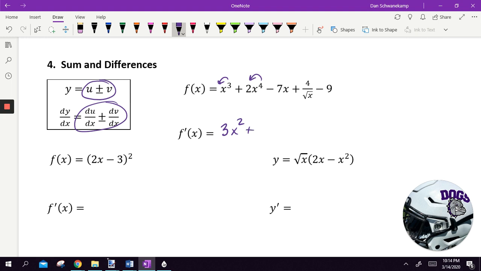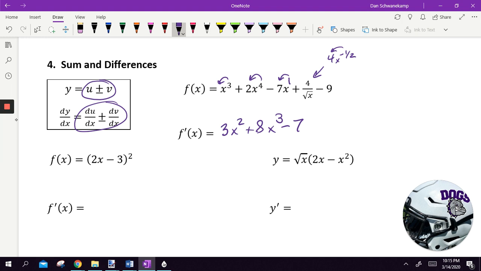Multiply by that, subtract 1 from my exponent. Multiply by 1, so it's minus 7, and then I subtract 1 from my exponent, so it's going to be nothing, just minus 7, because it'd be x to the 0, which is just 1. Ugh, I don't like that, so that is 4x to the negative 1/2, because it's square rooted and it's on bottom. Multiply by negative 1/2, so it is going to be,